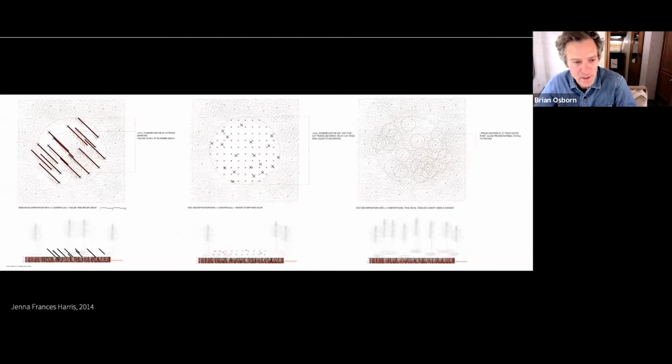So from there, she began trying to turn that material into a design project. And she did so by producing a kind of catalog, or what she called test plots, where she would imagine a circle on the site, and she would do a series of things that would affect the collection of leaf litter.